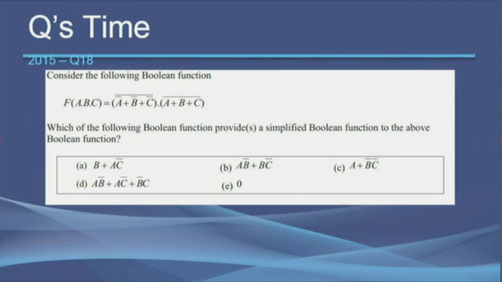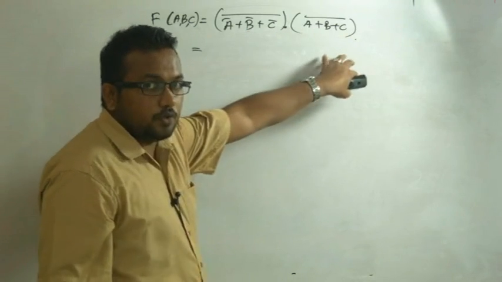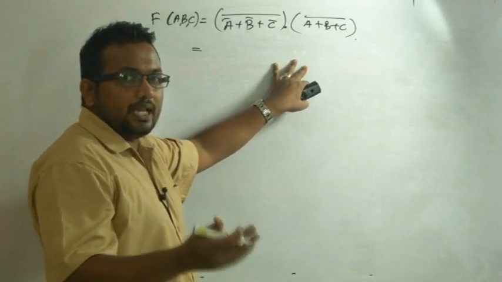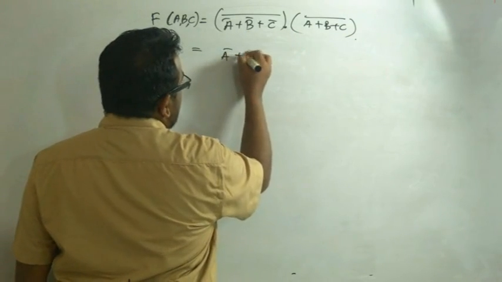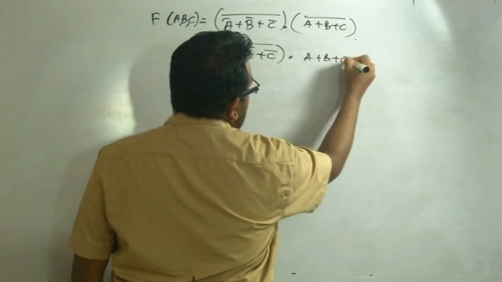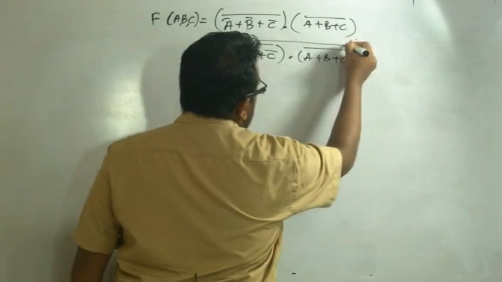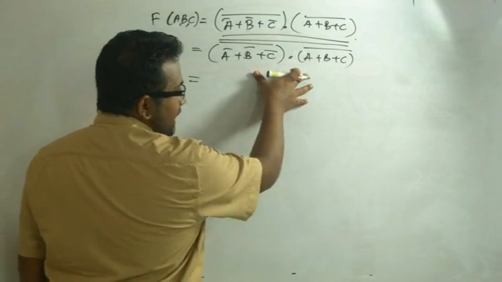So you can see that clearly it implies that we have to convert this product of sums to a sum of products. So first write down the function here. This is the equation we have. As we know, this is a product of sums, so we have to convert POS to SOP. So what we do is we put two bars over the whole expression, two bars here. Then we apply De Morgan's theorem.